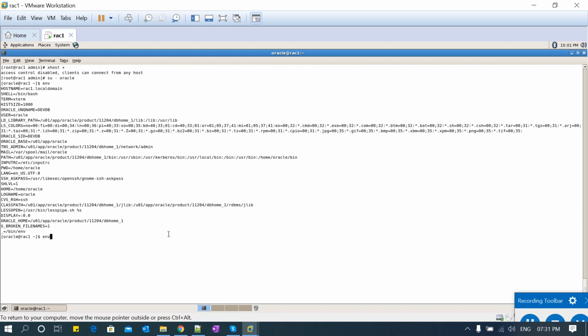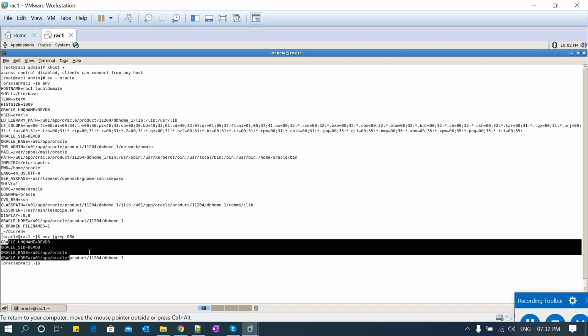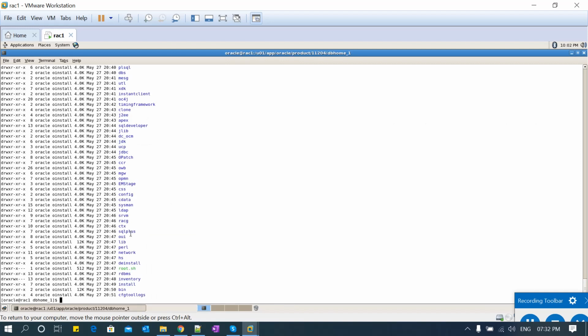Just to quickly verify, env grep Ora, you see db nickname, SID, base, Oracle home, okay. So the Oracle environment is set, and if I go to Oracle home, all the libraries are already set up here, so we are good now. We are ready to start with the database installation.